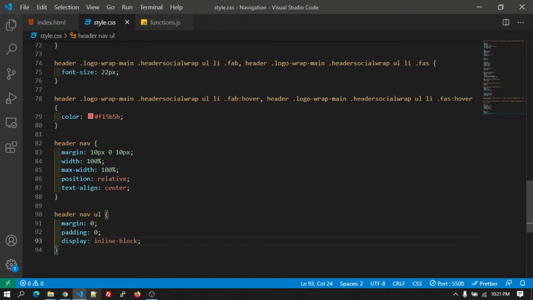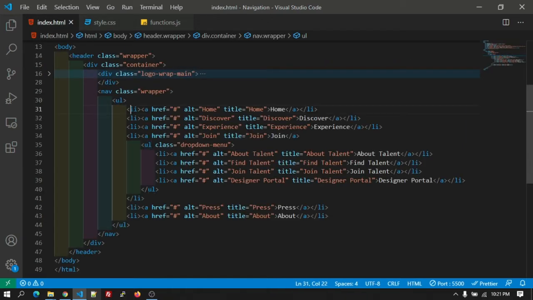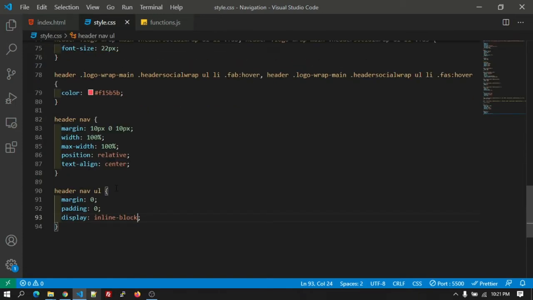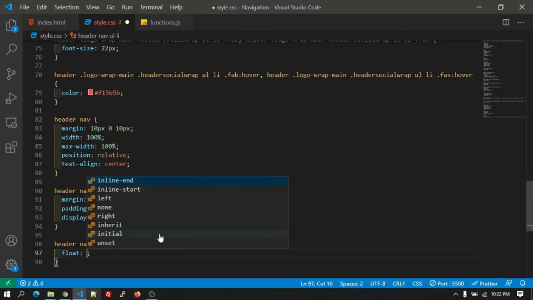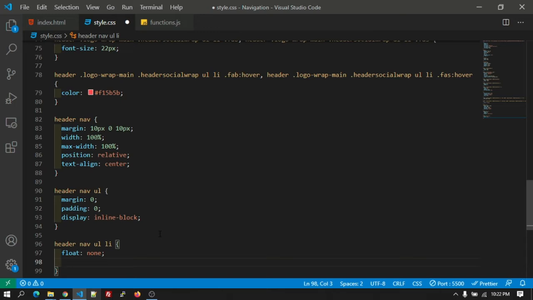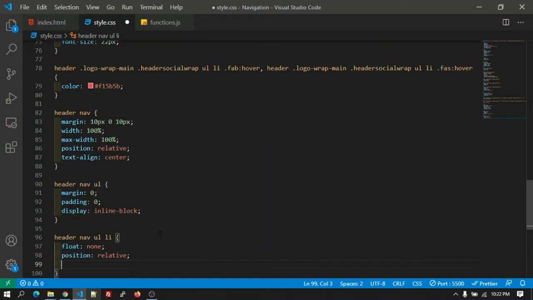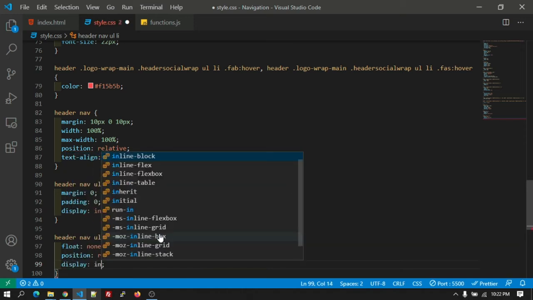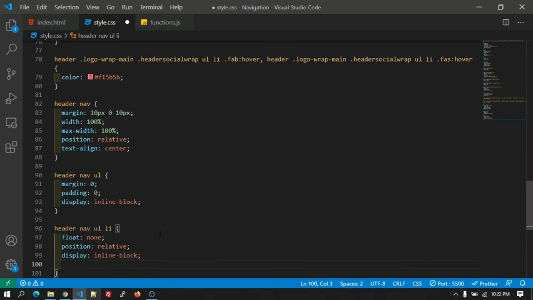So after that UL we got a line. Okay, let's copy the class and then add li, and say let's float as none, and the position will be relative, and display inline block, and vertical align will be middle,